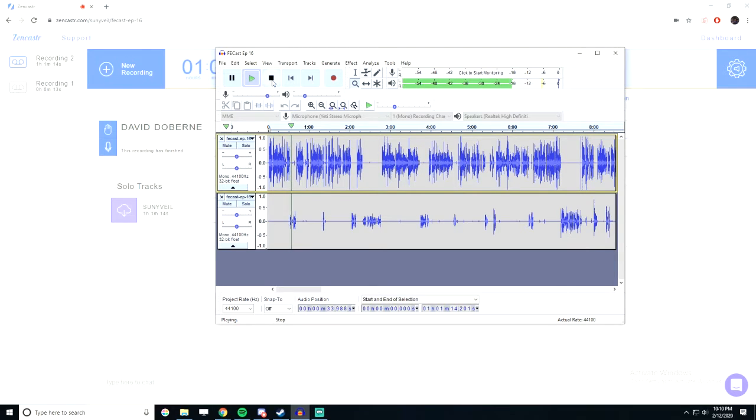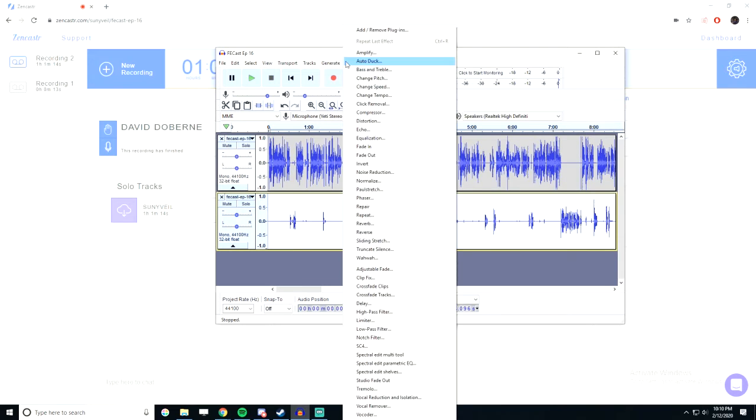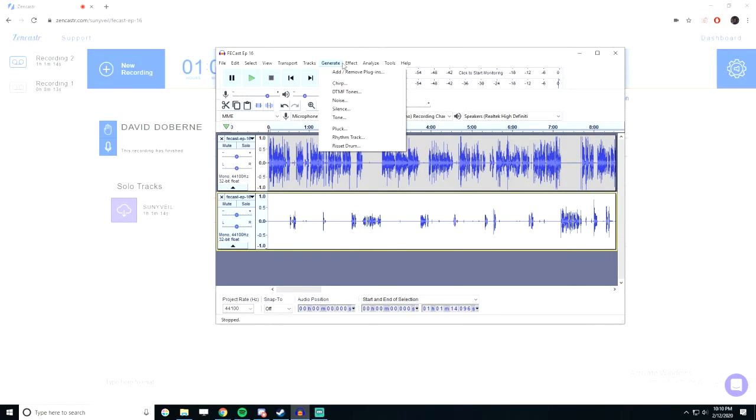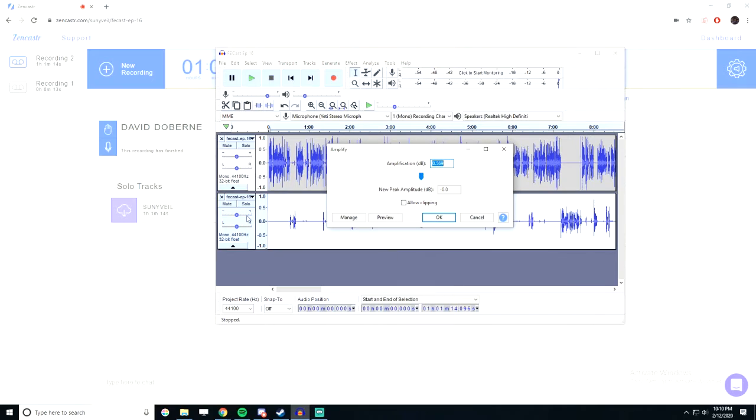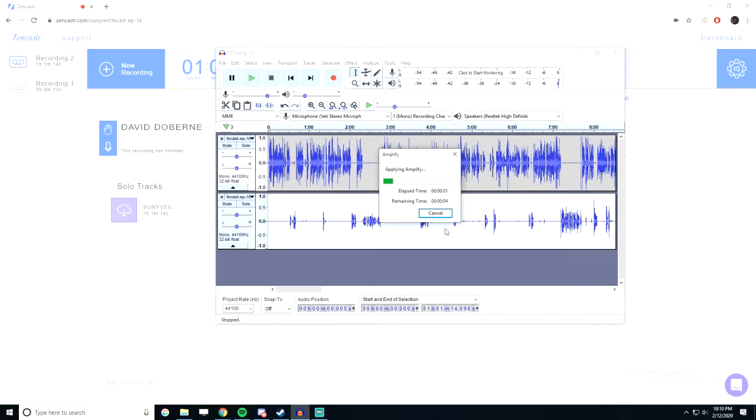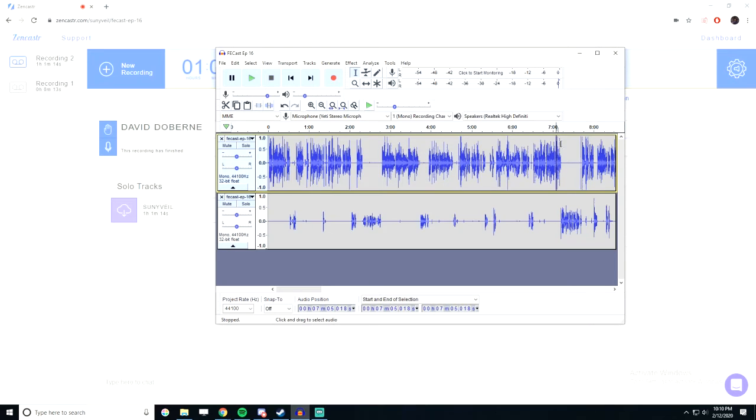I'm doing all right. Okay, so you can hear that there's a difference in the volume levels. So the first thing to do, basically, even if the levels are pretty close, is go ahead and amplify. Click the track you want to amplify that needs to be brought up, and it will pick a setting that makes sure that it doesn't clip, and it should be closer to even after that.